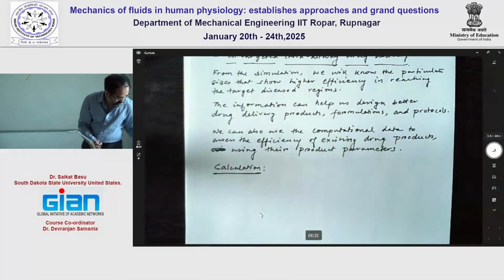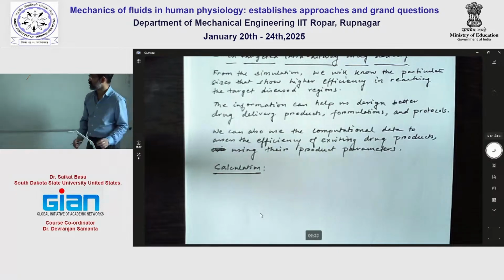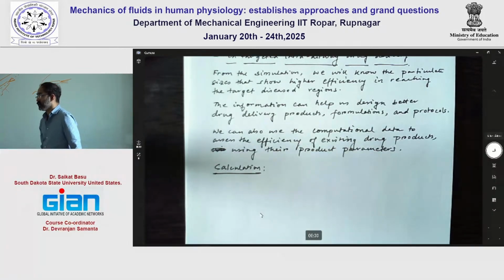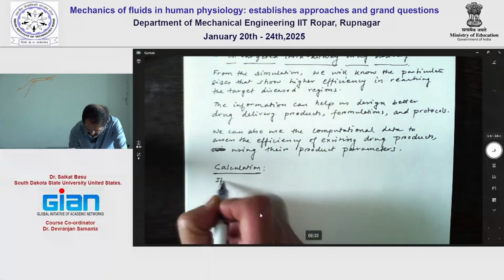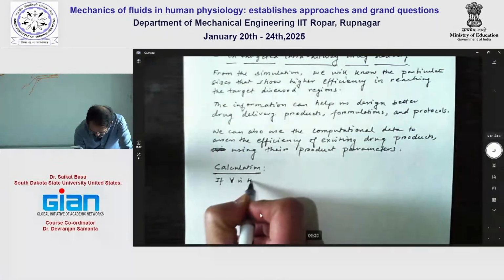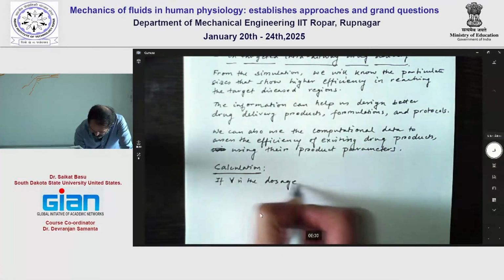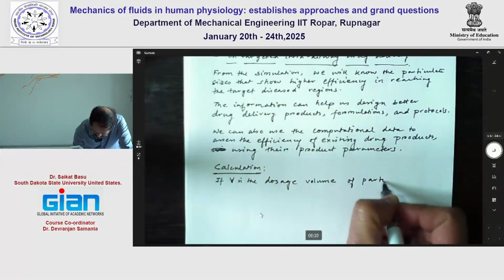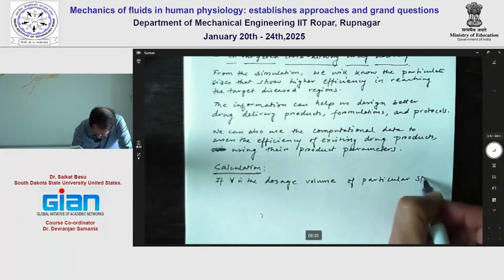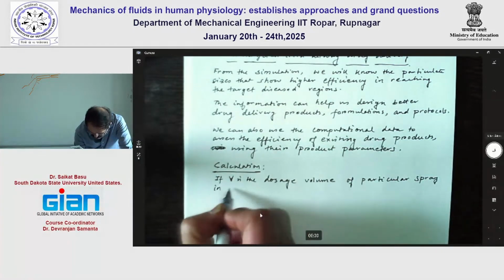when we are actually trying to understand the efficiency of an actual spray product, we need to also think about how much volume of the formulation would be pumped in one single pump, because that determines how many particulates of each size are there, right? So if V is, and that volume is called the dosage volume, so if V is the dosage volume of a particular spray in one shot,